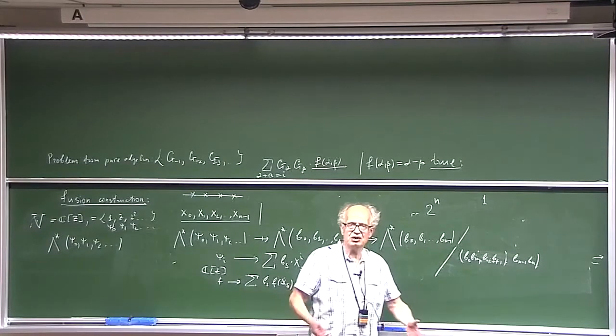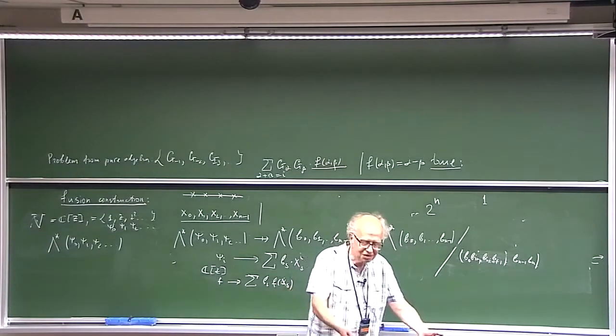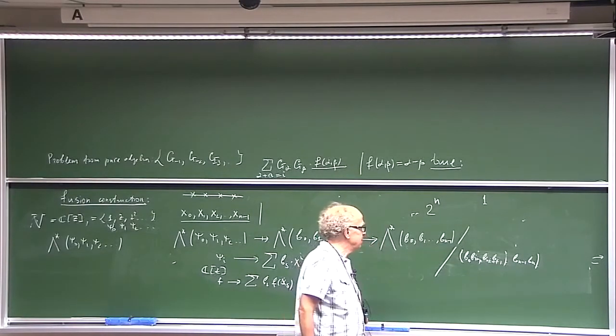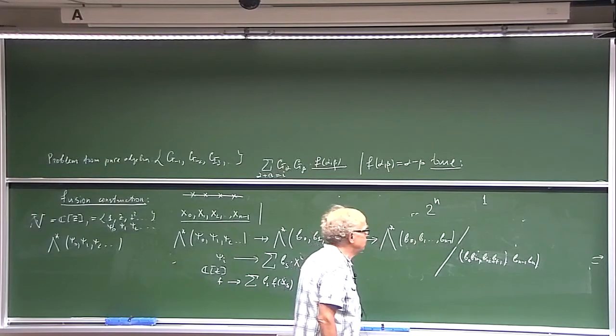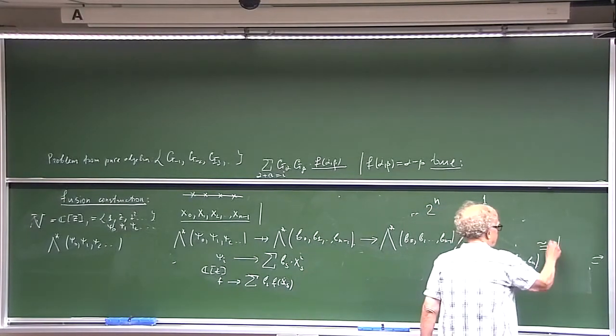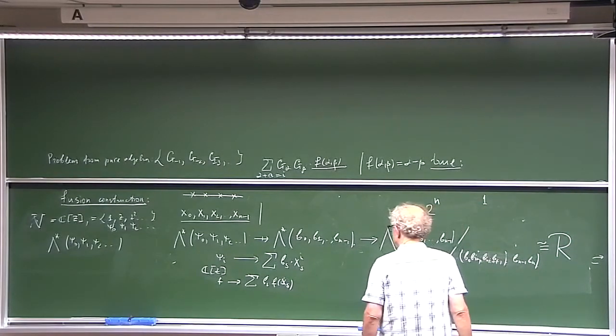Because we just count the number of monomials. So if I denote this space maybe bar R like this, and then,